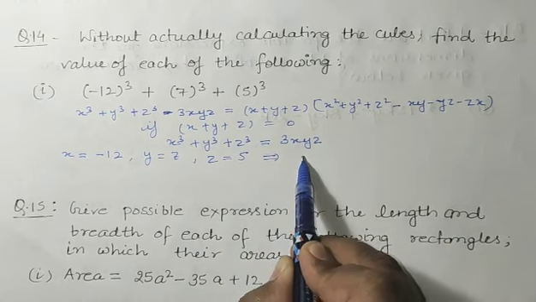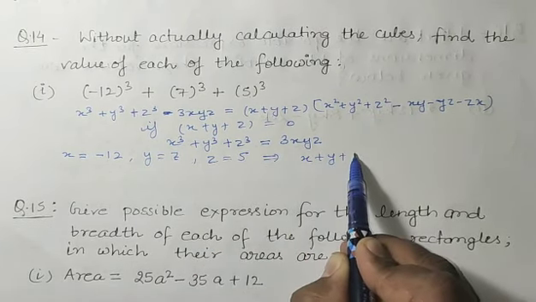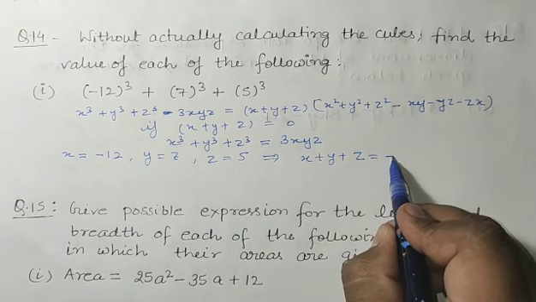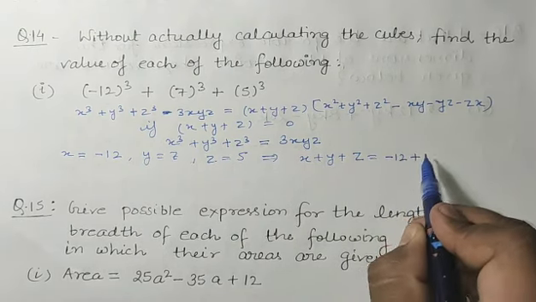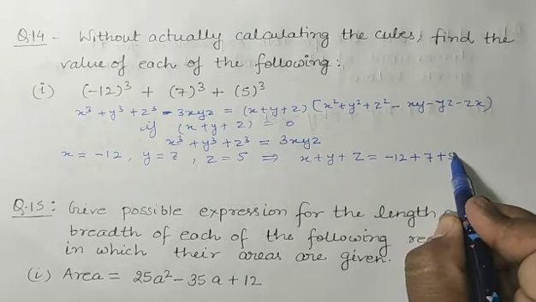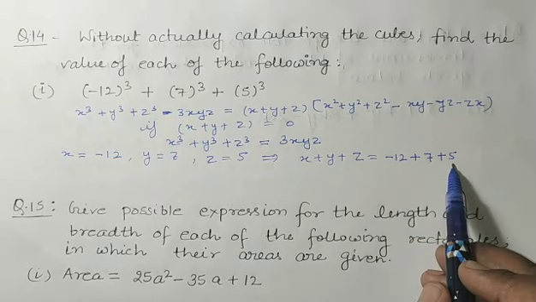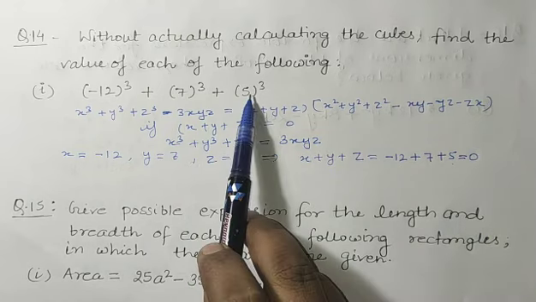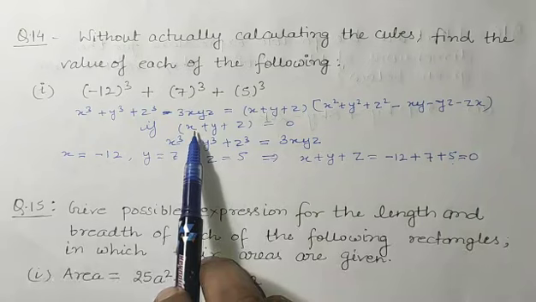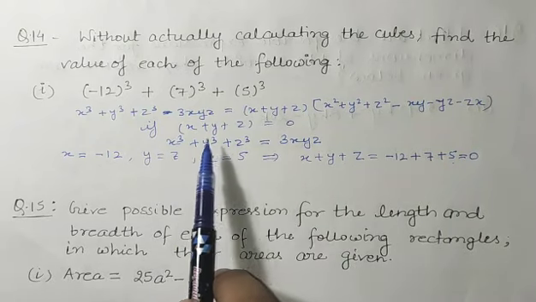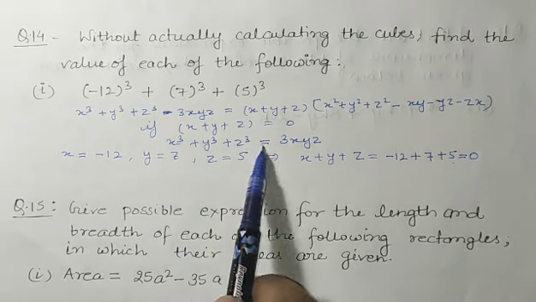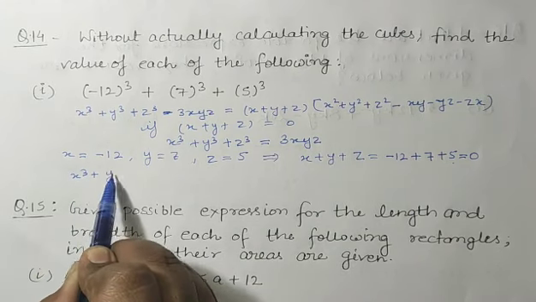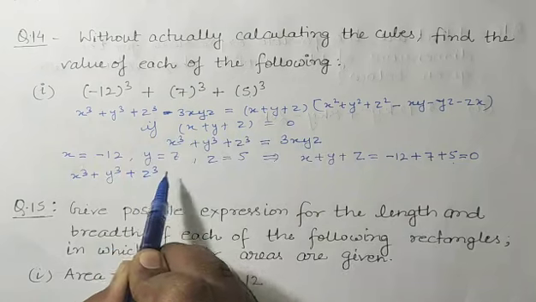Firstly we have to check whether x plus y plus z is equal to what? Minus 12 plus y is 7 and z is 5. So here we can see 7 plus 5 is 12, and 12 minus 12 will be 0. Means in this question this condition will follow, that x plus y plus z is equal to 0. So x cube plus y cube plus z cube will be